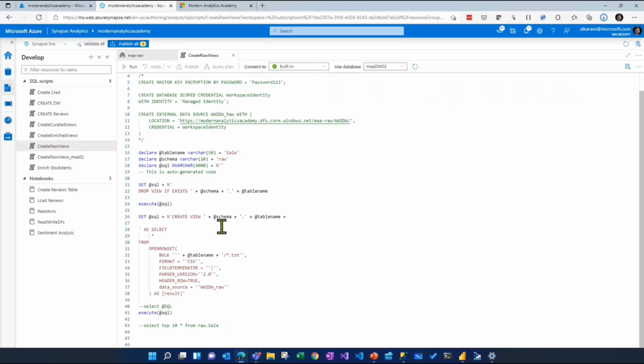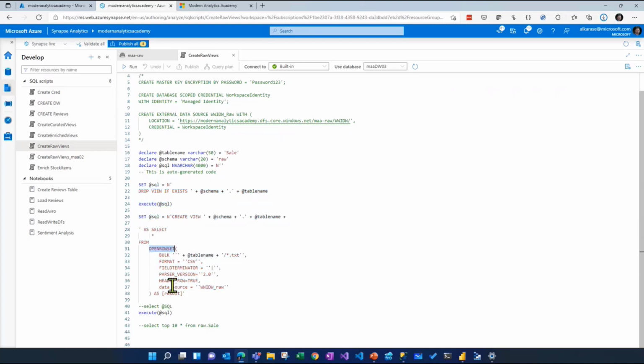And what you'll see is this is actually a dynamic SQL script I have. So I don't know if I mentioned this or not, but again, the serverless endpoint does support the T-SQL convention. So the same type of queries that you can run against a dedicated endpoint or a traditional on-prem SQL server, you can also submit to the serverless engine. So here I'm using dynamic SQL to create a view for each one of my dimension tables, or in this case, my fact table,